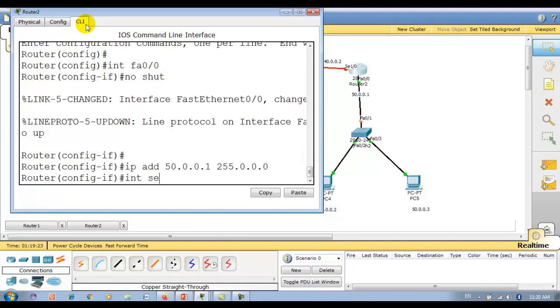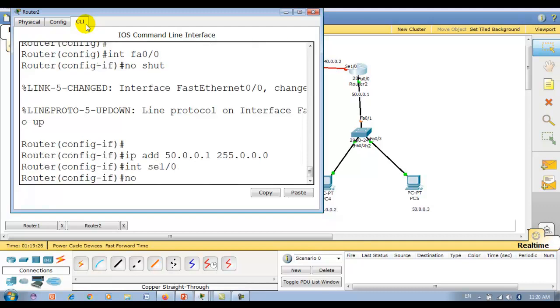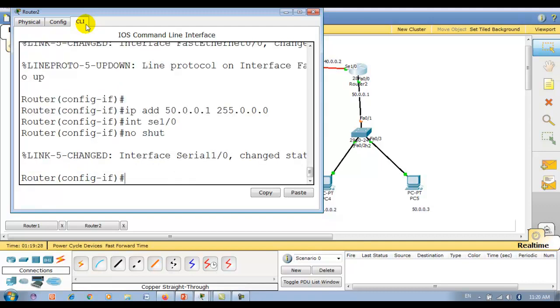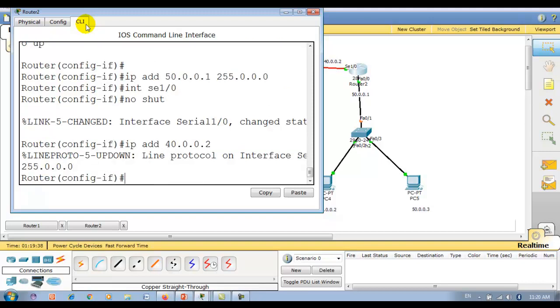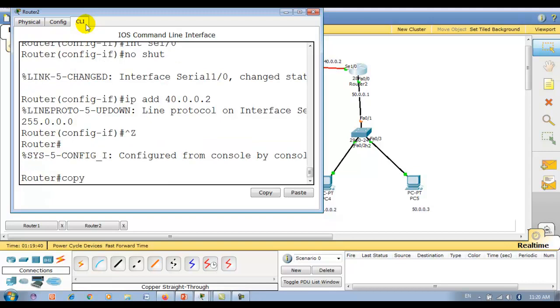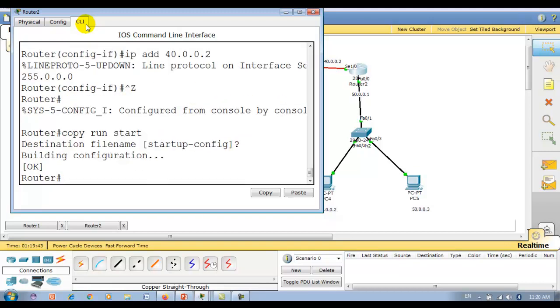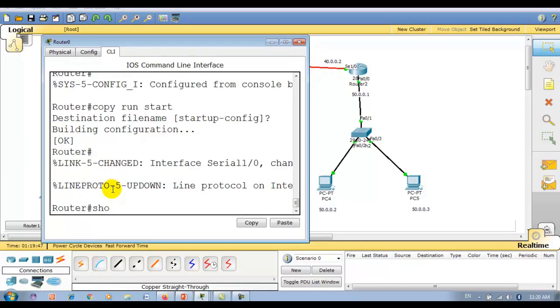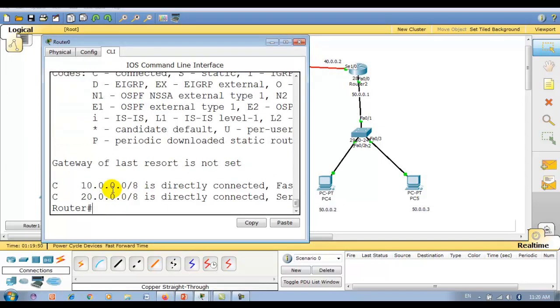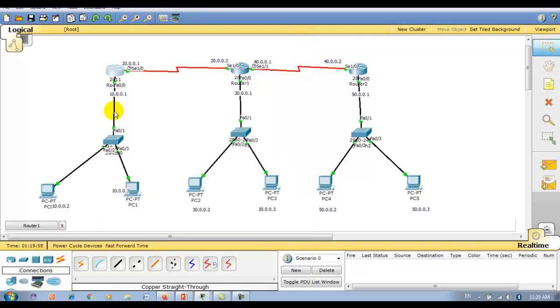Now interface serial 1/0, no shut, IP address 40.0.0.2, 255.0.0.0. Control Z, copy run start. Now let me check the IP addresses. Show ip route. Here are the 10 and 20 networks, which are the two directly connected networks.